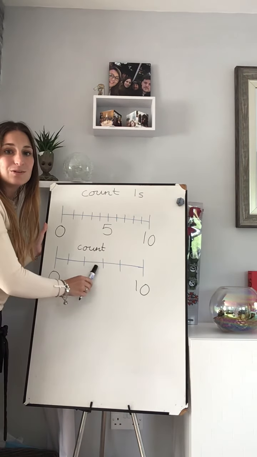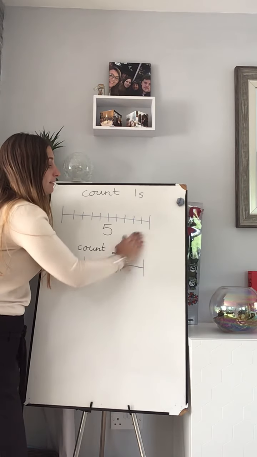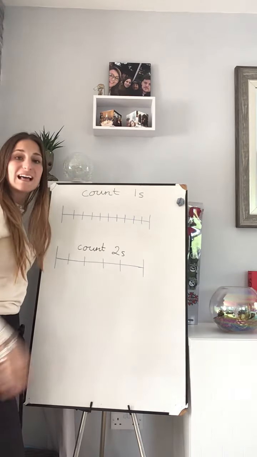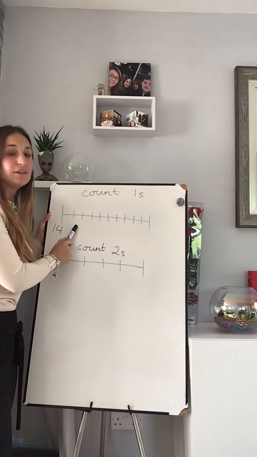Let's have another example. Same line, same scales, but we don't always start on the number 0 and go up to 10. We can go to any number. Let's see if we start, for example, with 14, and I am counting in ones. Please count in your head, or count it aloud if you want, because we cannot hear you, so no one is going to copy you. 14, let's see where I will land if I am counting in ones. Get ready. 14, 15,